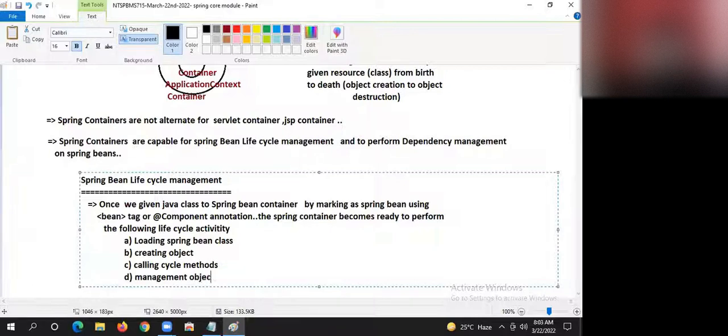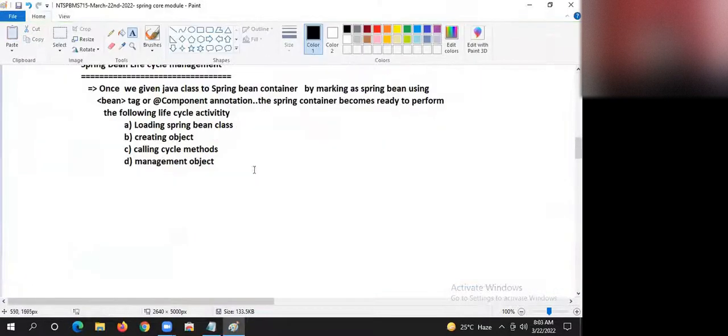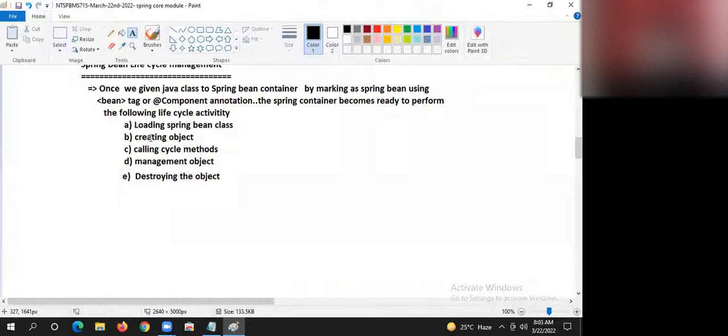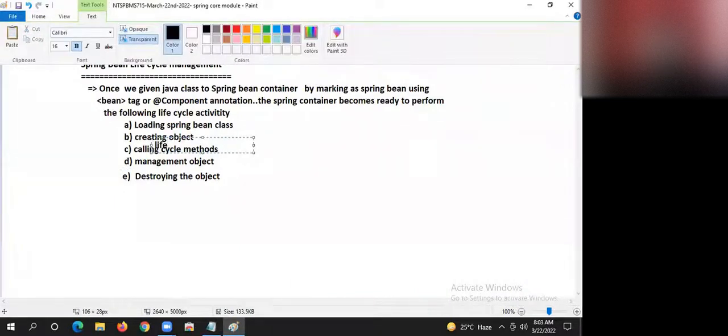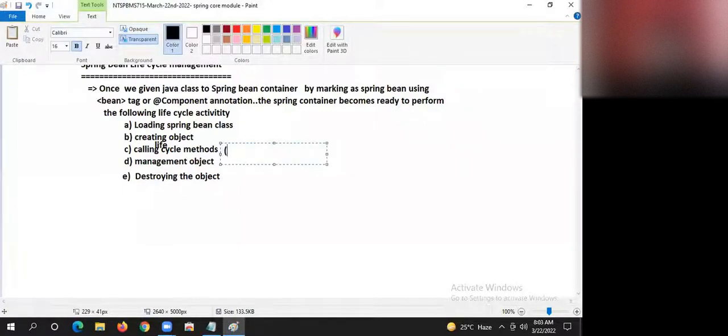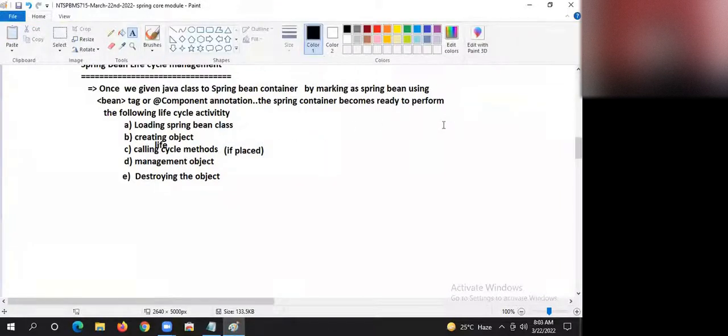Managing the object, destroying the object. Are you understanding my statement, guys? Calling life cycle methods, guys. Calling life cycle method if there, if placed. Not compulsory, it should not be there every time, guys. Okay. All right.